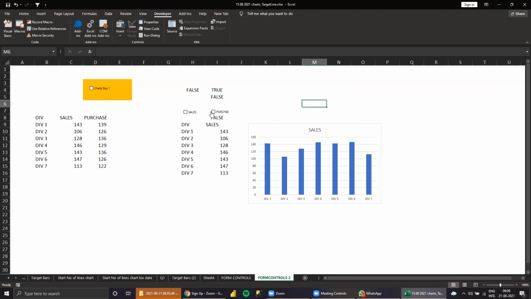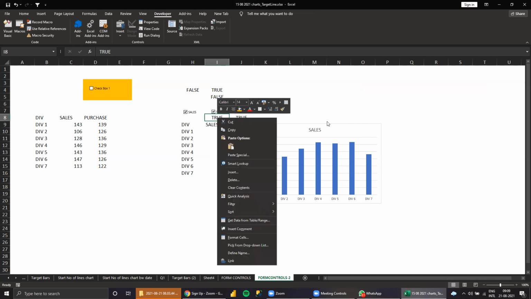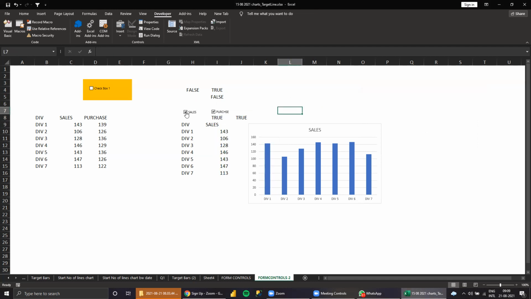Now here true, false, right? When you click this, you'll get true here, and when you get true here, this is false. So we can control: when I get true, with this true it is sales, and false means purchase.